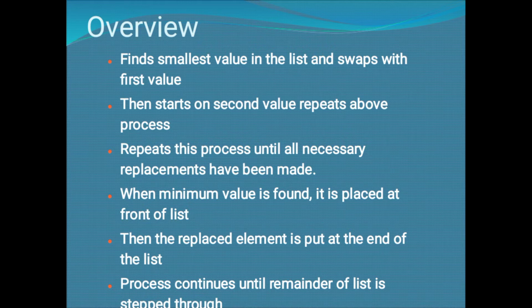Now consider an array of 5 elements. In this array, I will start with index 0 and end with n minus 1, that is 4. Now, in this array, I will find the least element. Let it be at the third position. I will take the third position element and place it at the 0th location, and the 0th location element will go to the third location.